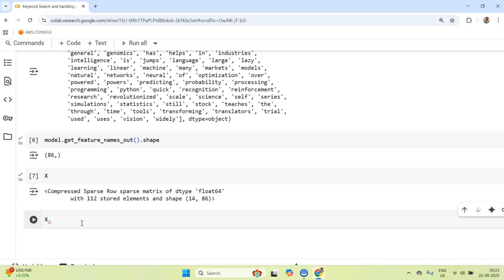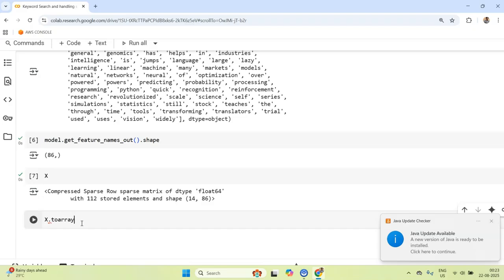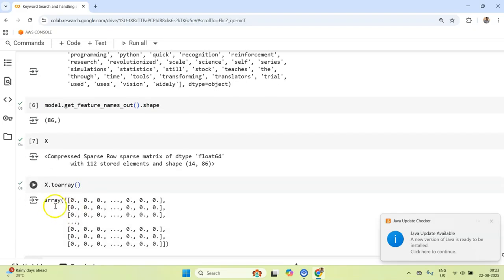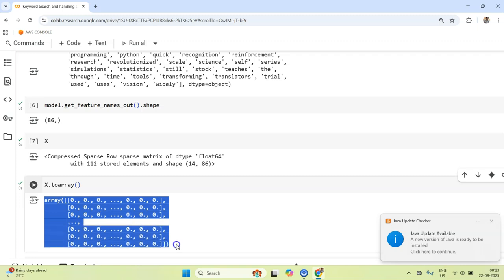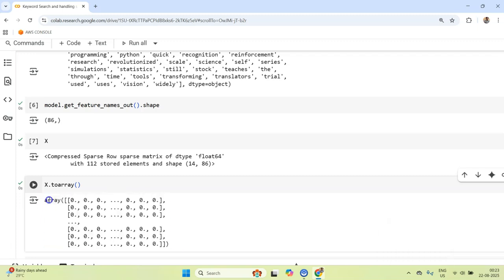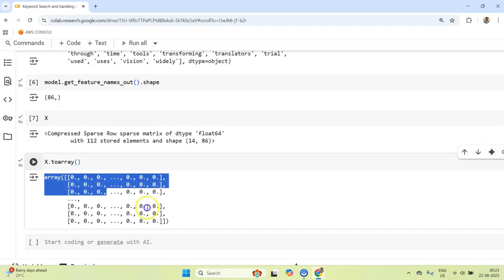What a sparse matrix does is it gives you a matrix which has lots of zeros and very few non-zero entries. What you can do is call the toarray method, and you can't even see any of the filled entries, right? So this is what it does.